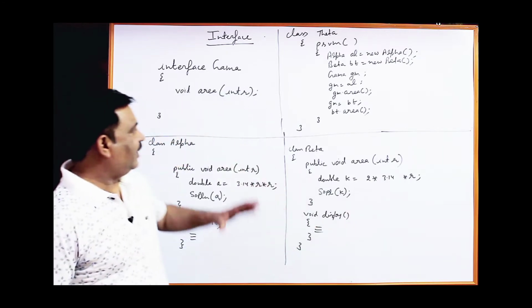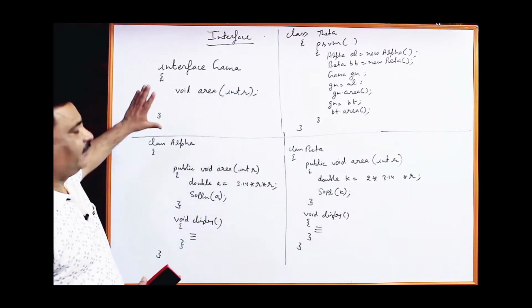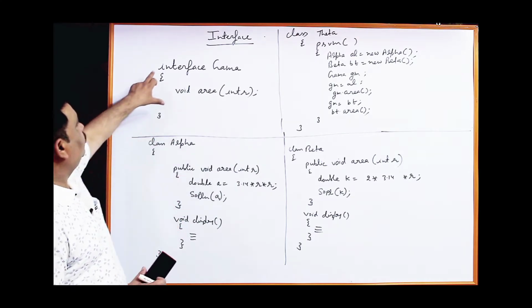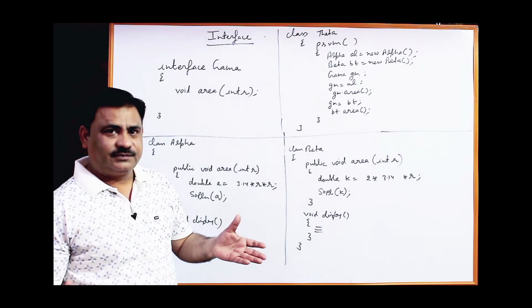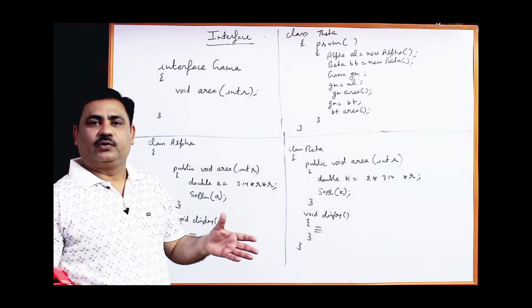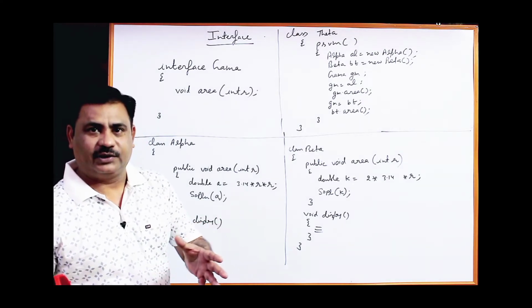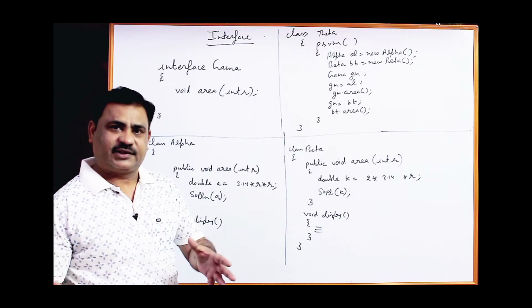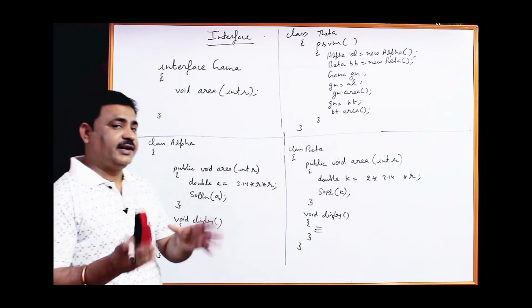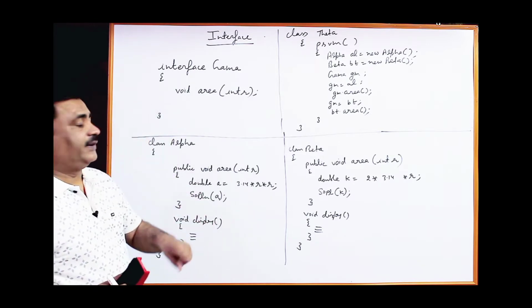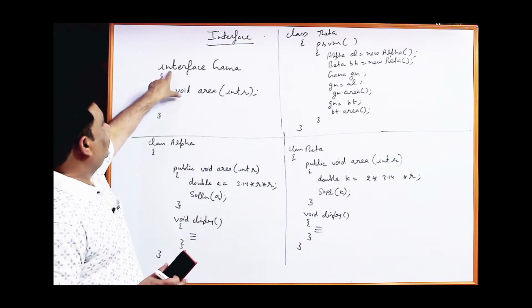Let's try to understand. I have already written something here. One by one I am going to explain to you. First of all, use the keyword interface. Generally the meaning of interface is to interact, like the desktop of Windows. Through the desktop we can interact with different places and different areas, and we can execute different applications. That is the general meaning of interface. But here we are using the keyword interface.